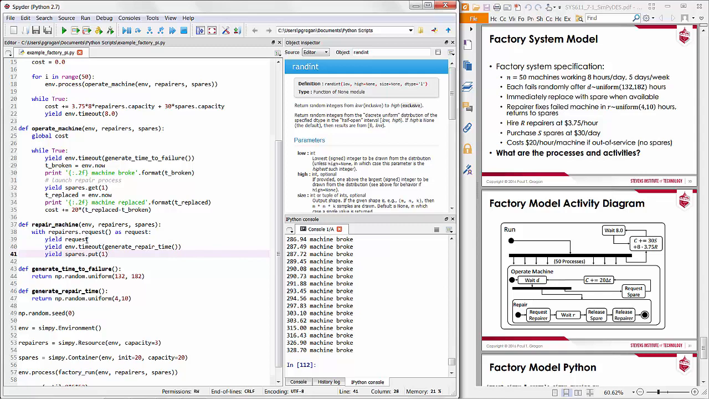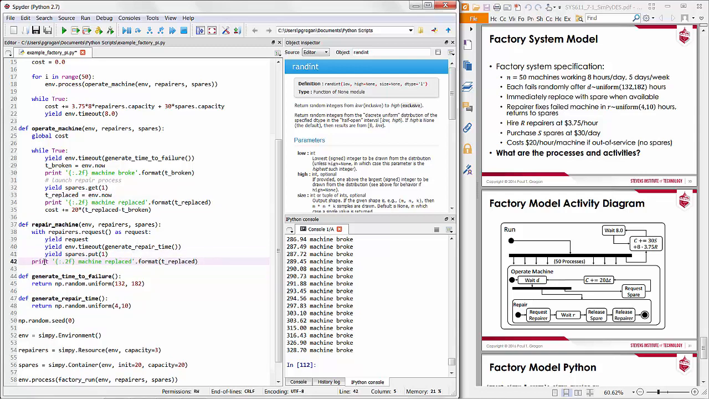So that's pretty much it for the repair activity. We've waited for the repair to become available. We've waited some period of time for the repair to take place, and then we've put the spare back in the spare pool. So let's just add in a debug message here. So I'm going to indent it outside of the with statement. So this will happen after the repair is released. We're going to have a message saying repair complete